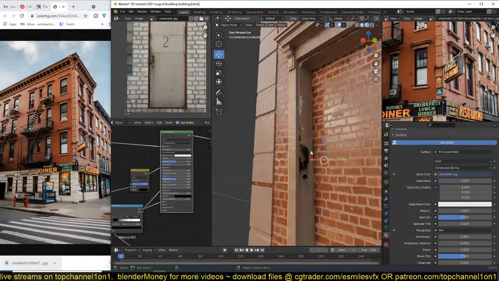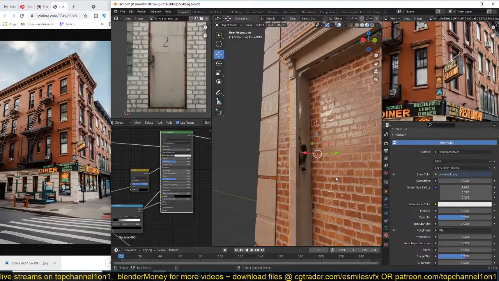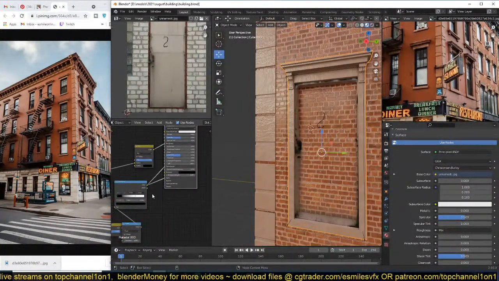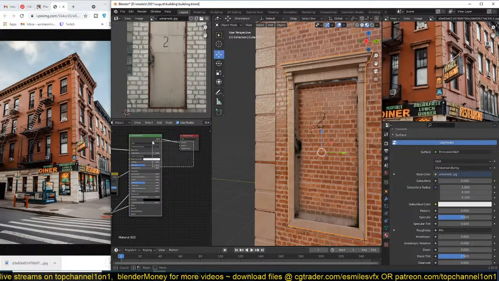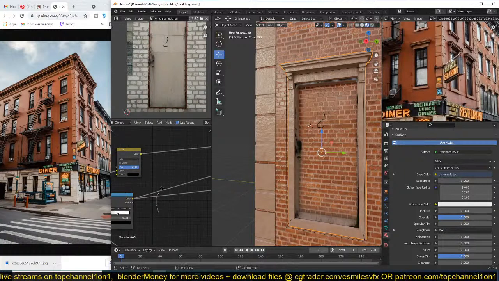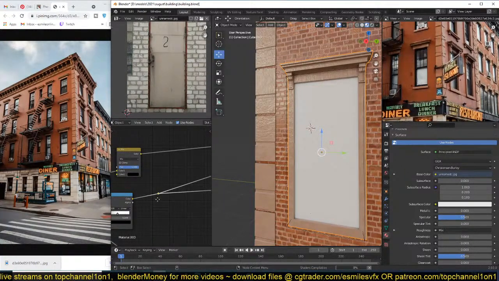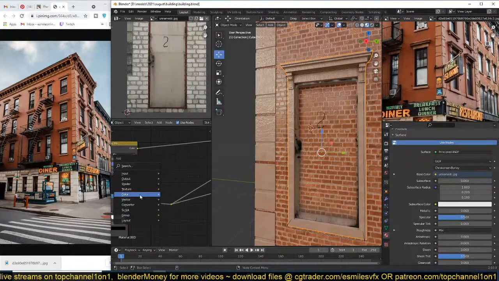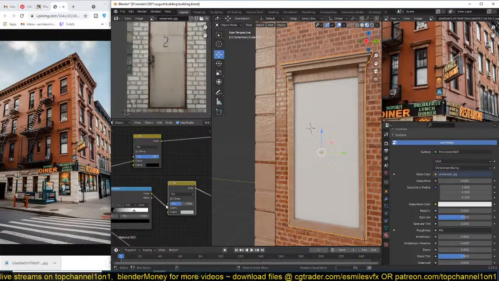But we have lost all the reflections here because remember, white areas are transparent. So I'm just going to use, I think, a mix shader node here, and then add a mix node. Use this as a factor,